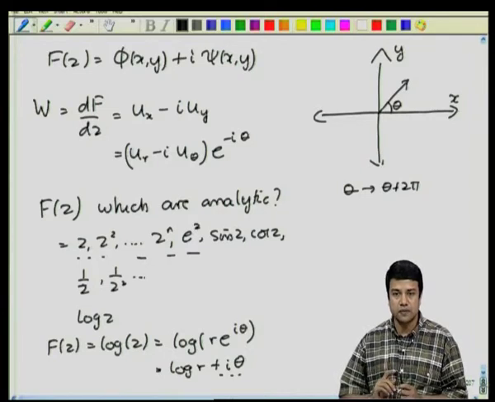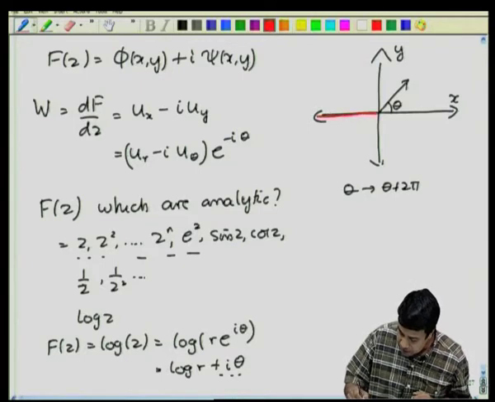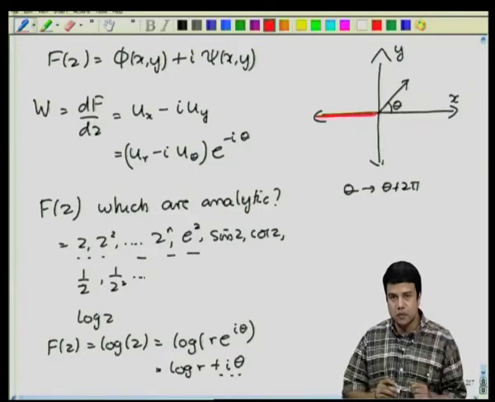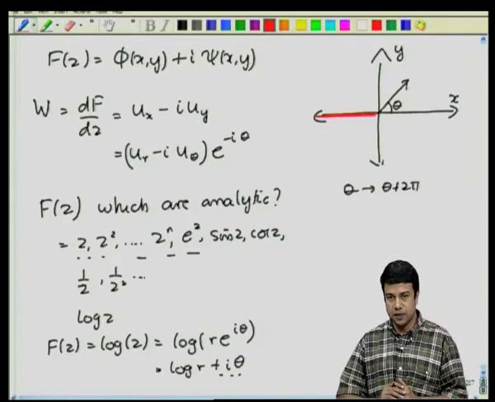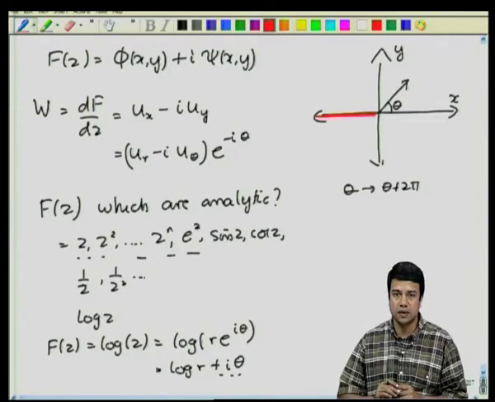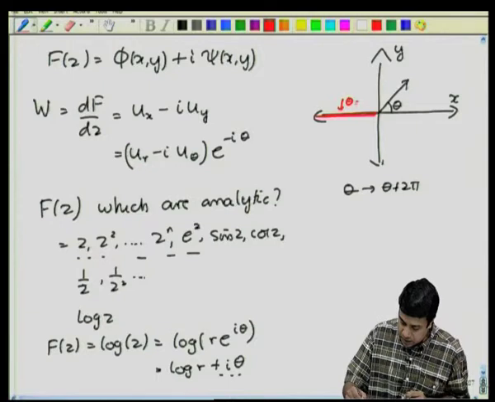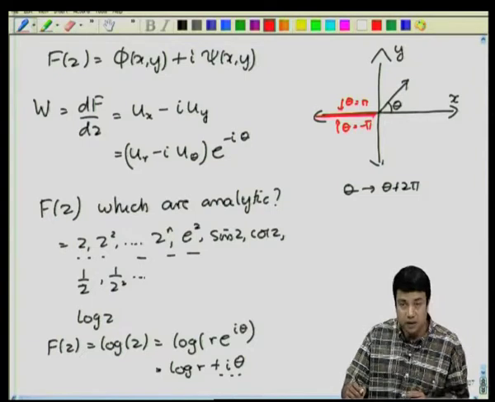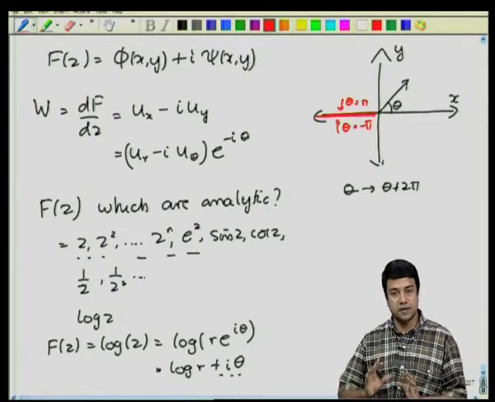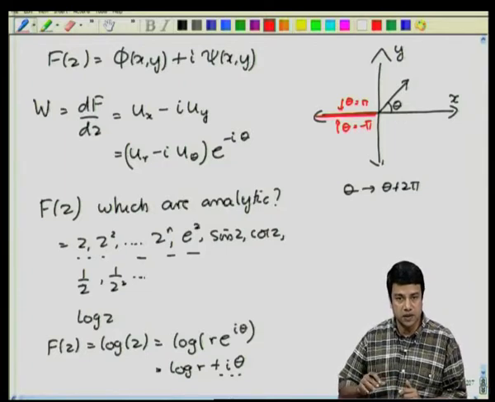Therefore, one has to take care to ensure that you define your coordinates such that you cannot cross one particular axis. So, in other words, I cannot go around this axis. It is called a branch cut. In that case, on this side of this axis theta is equal to pi, on this side of this axis theta is equal to minus pi, and I cannot cross this axis, and therefore, theta is uniquely specified throughout the domain. So, this branch cut is required both for the log function as well as for fractional